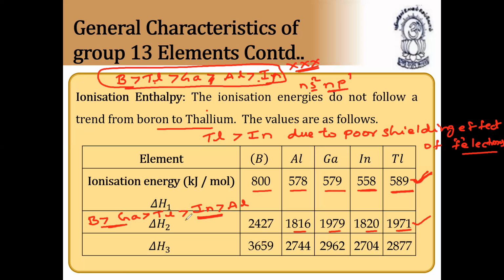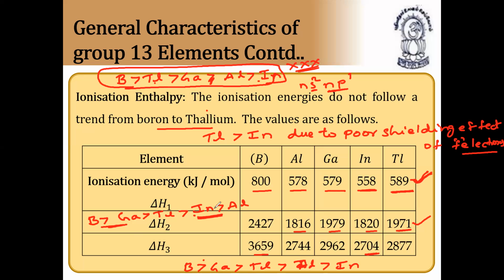Please make a note in your classwork. First ionization enthalpy order, second ionization enthalpy order, third ionization enthalpy order, we also write here. First we have boron greater than 2744, 2962 gallium, again the same. Next we have 2877, that is thallium, greater than aluminium and indium. So the least is indium. So these are the trends of first, second, and third ionization enthalpy